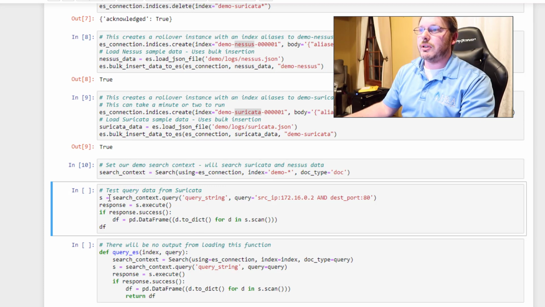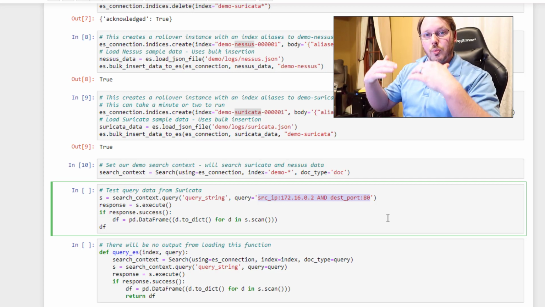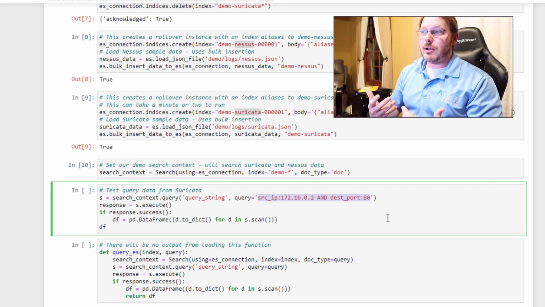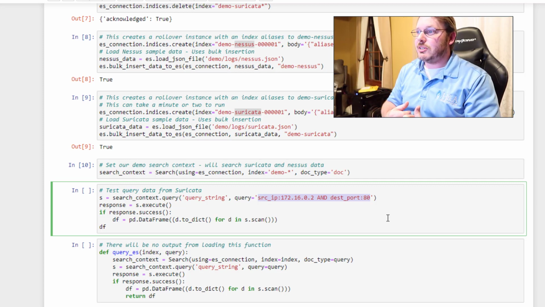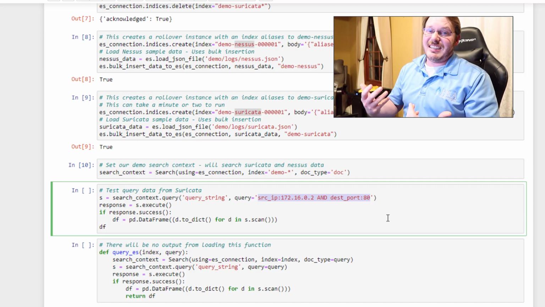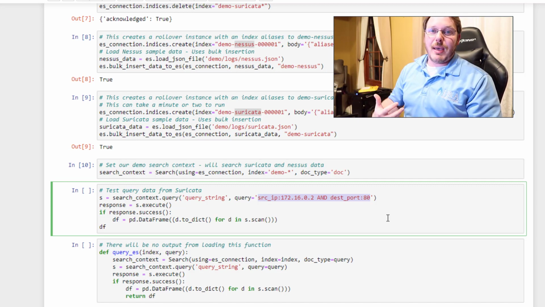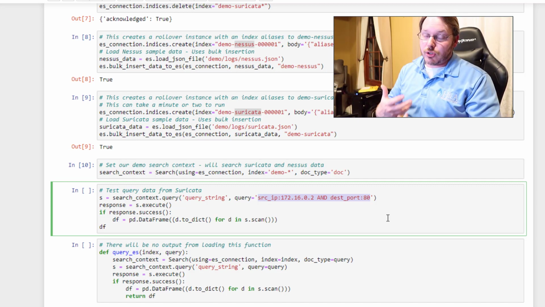Here's where I'm actually doing a search. This line right here is basically doing a DSL search. Basically, it means a more simplified search, such as I could have copied and pasted this right out of Kibana, a Lucene search, because I am doing a Lucene search with Python. So here I'm saying, hey, I want to find logs that have a source IP of 172.16.0.2 and a destination port of 80, bring it back to Python,